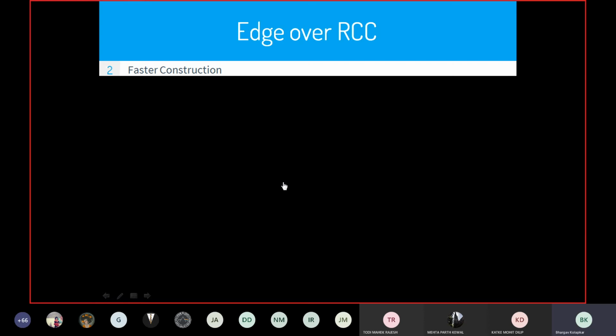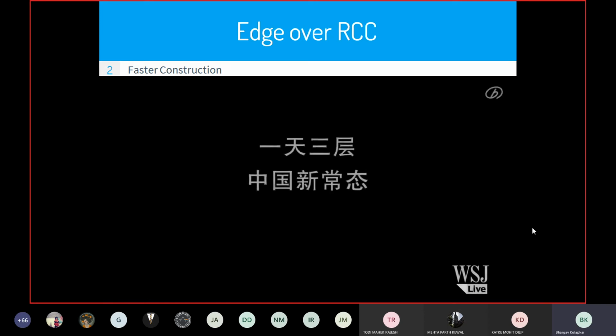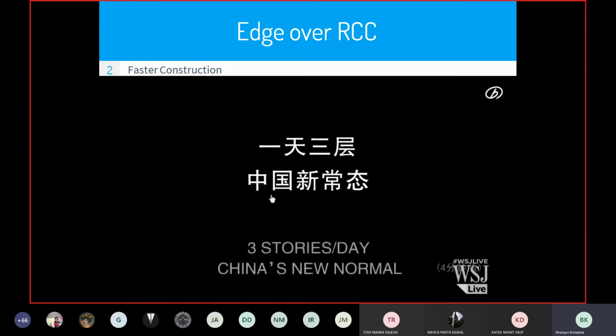Most of you might have seen this video, especially after the outbreak of COVID-19, because this was circulated with fake news that this is the hospital that China erected in 19 days. That's a different story. This is a different residential and commercial space that a company from